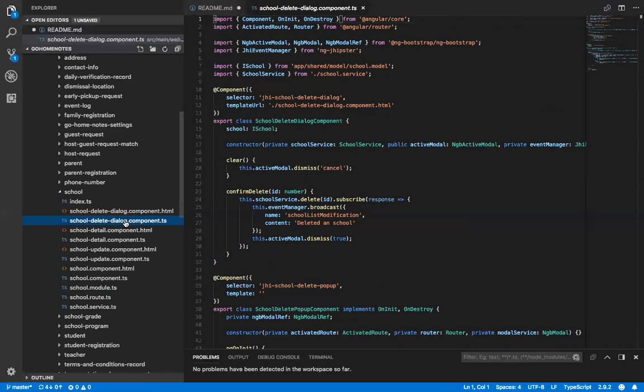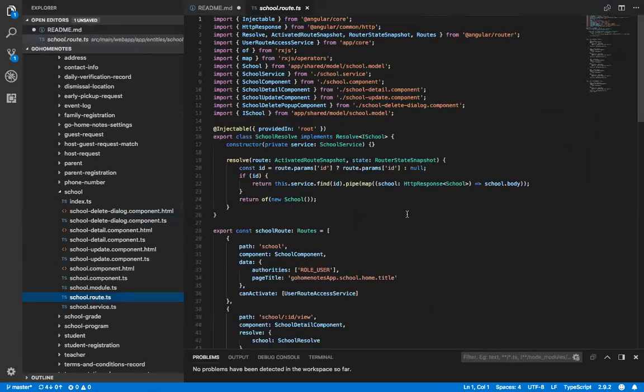There's a module. Let's see, what else? We might want to talk, there's a route file. So stop me anytime if this doesn't make any sense to you or something. This file? Yeah. So